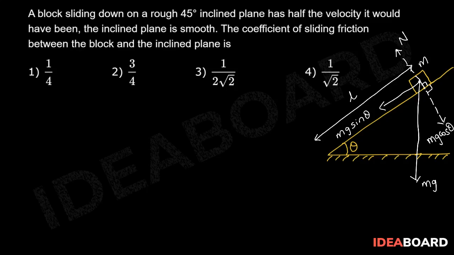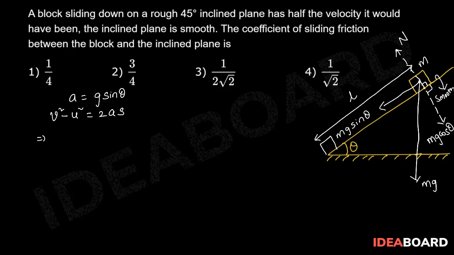inclination in downward direction. When we suppose that this surface is smooth, then the acceleration of the block with which the block will reach the foot of the inclination is g sin theta. Now to find the velocity attained by the block when it reaches the foot of the inclination, we use the formula v square minus u square is equal to 2as.